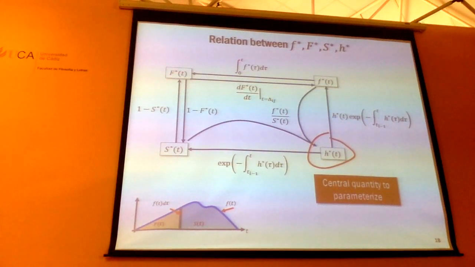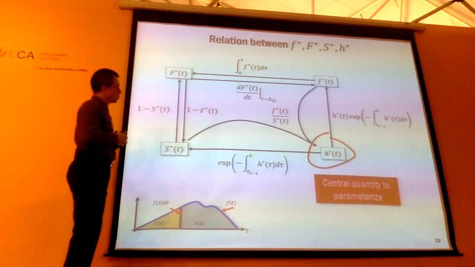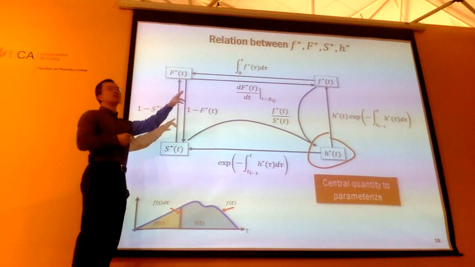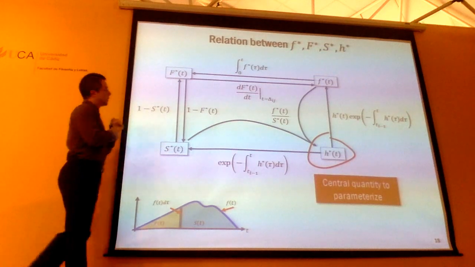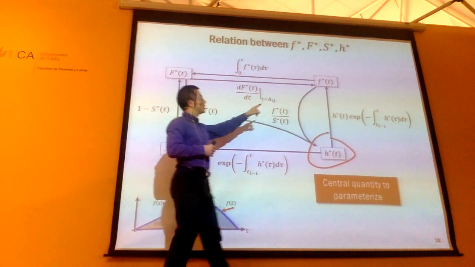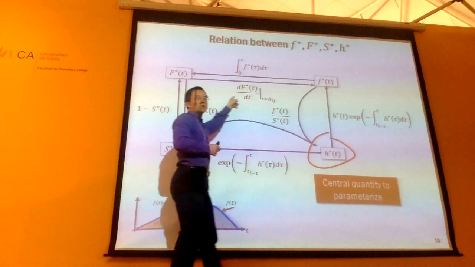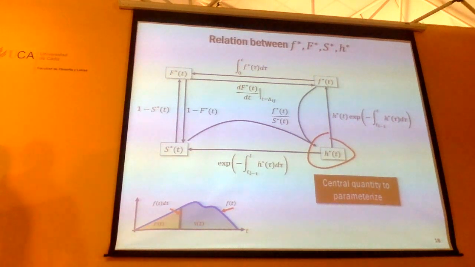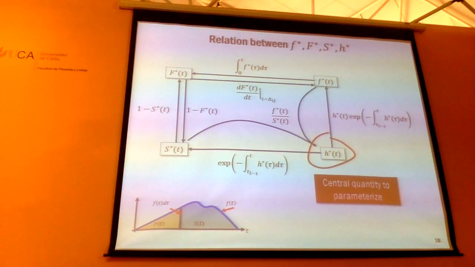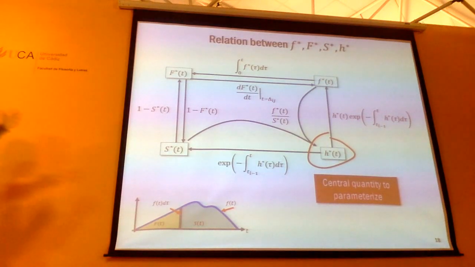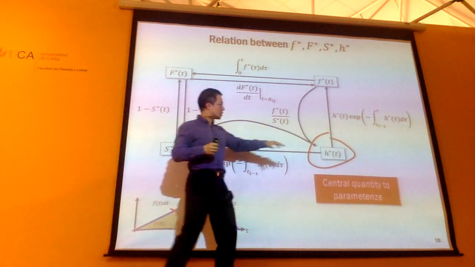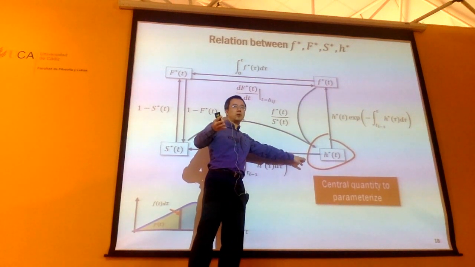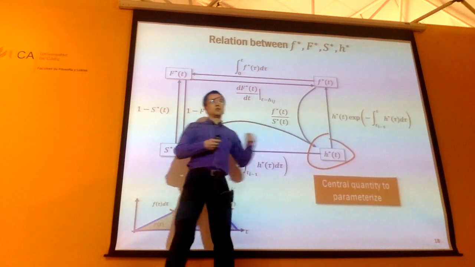Any question about this? Yeah. Do you have any way to directly write from S to H, or from small f to H? Some links are not direct. Yeah, you need two steps. If you have the density, you first compute the survival function, and then you take the ratio, and you will get this, right? So in some sense, if you have one of these quantities, you can get the others. They are related, but when you try to model these temporal events, it's much more convenient to use this. You will get a convex optimization problem, and you will get lots of meaningful stuff out of this conditional intensity function, right?